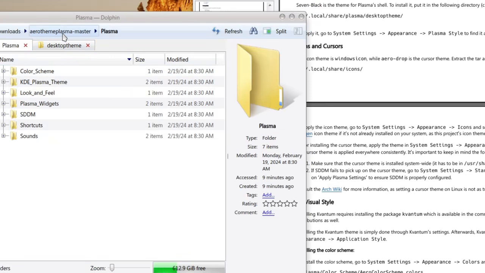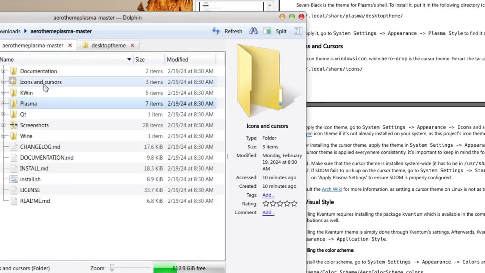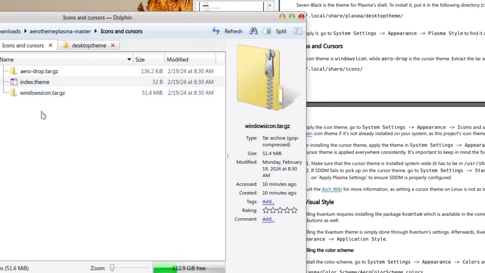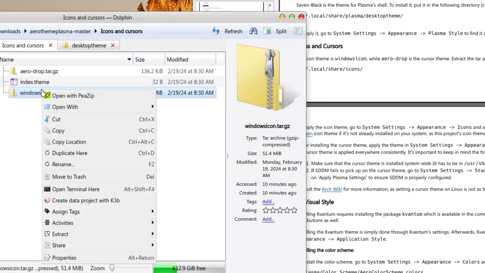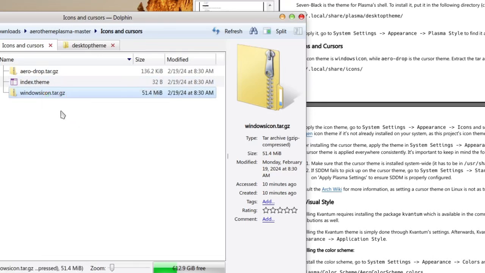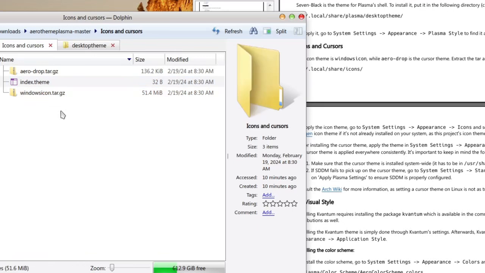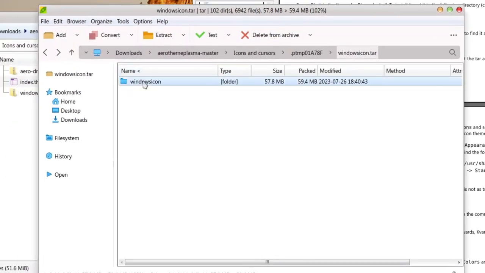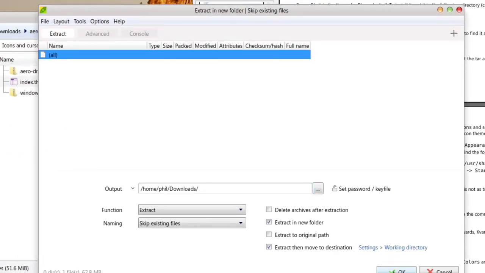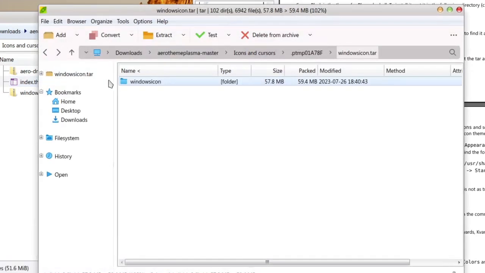Next up on the chopping block is going to be our icon. So we're going to go to KDE Plasma Master again, and we're going to go to icons and cursors. What's next is we're just going to open up the two once again. And we're going to extract their content once it opens. So here we go, extract, and I'm just going to extract it to our downloads, and we're going to do the same for the arrow drop